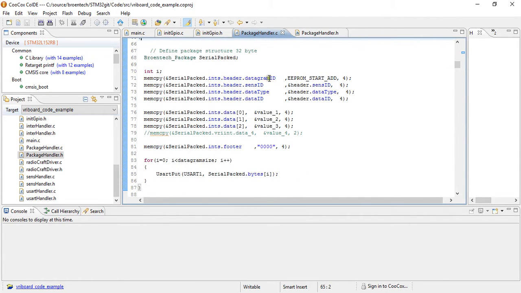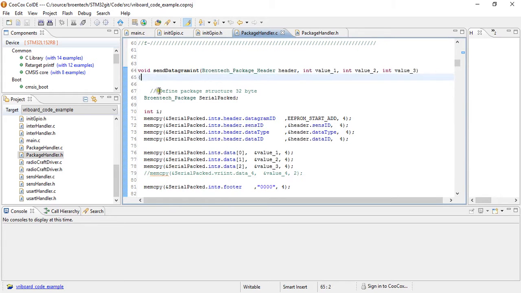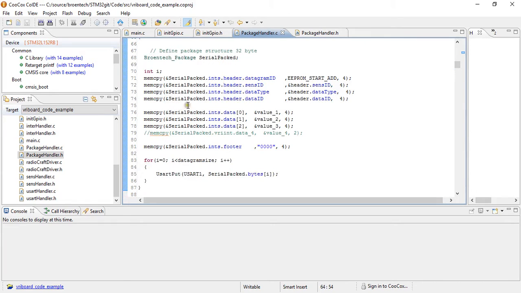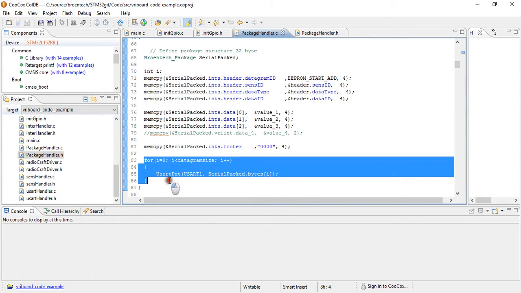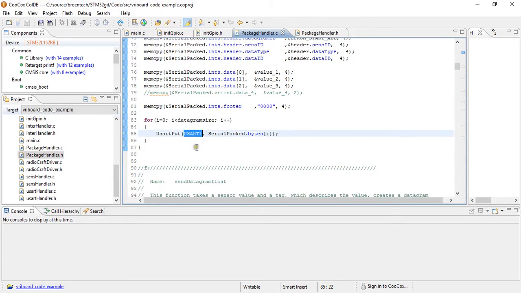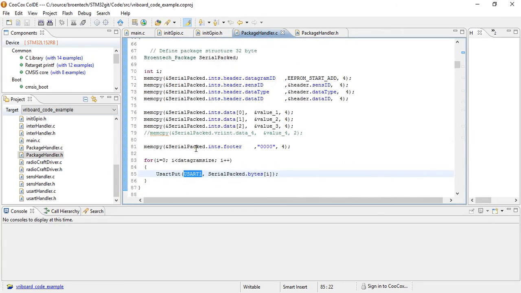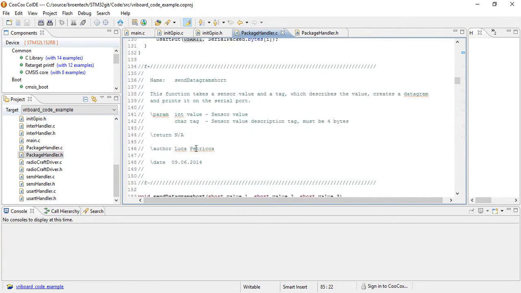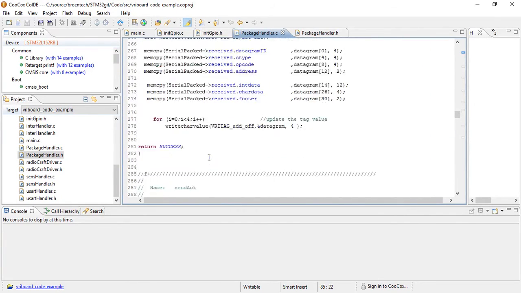So here you can see that, for example, when you send the datagram in, you will send a header. We basically copy it first, and then in this for loop we send it to the UART1, where the DRF module is attached. And the same thing applies for all the other